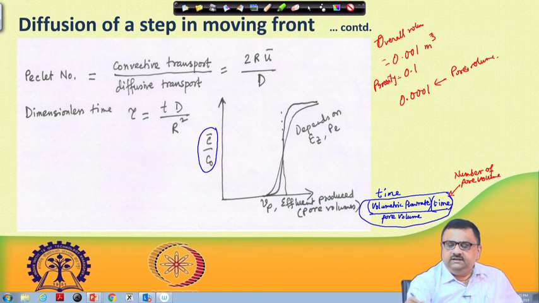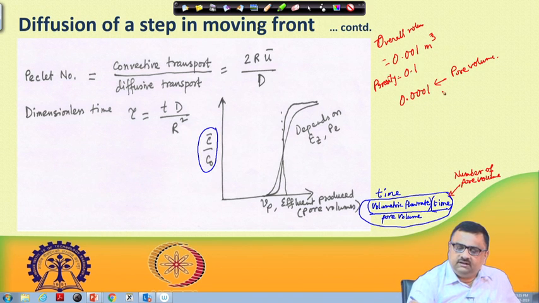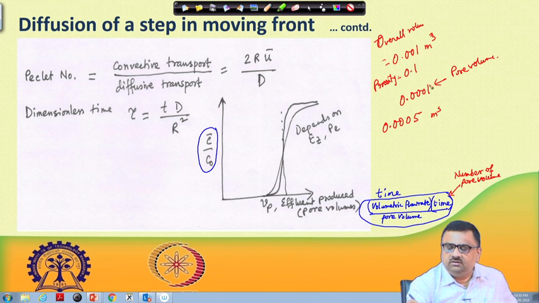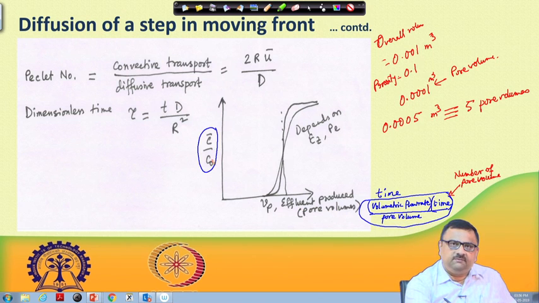So, instead of plotting it point by point this way, let us say I have injected 0.0005 meter cube. Instead of calling it 0.0005 meter cube, I call this equivalent to 5 pore volumes. That means 5 pore volumes. Now, if you plot these as effluent produced in terms of pore volumes and C bar by C 0,